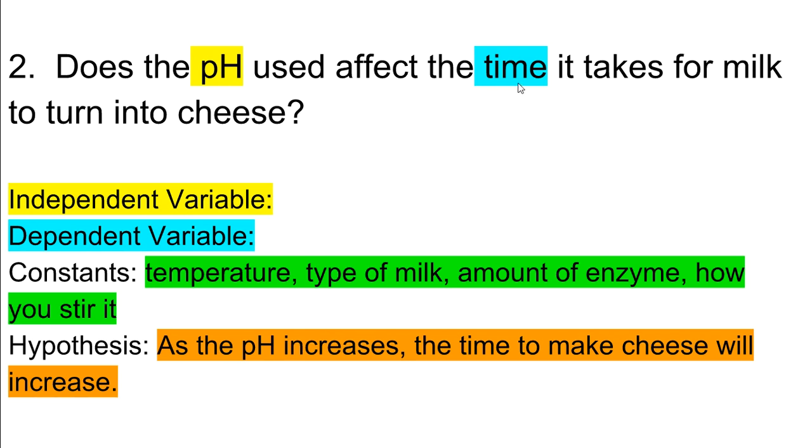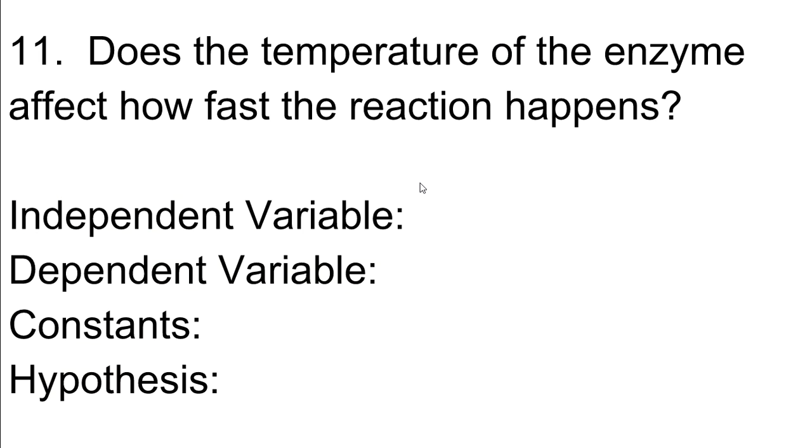I use time here, but as far as your assessment goes and your summative and all that kind of stuff, we're always talking about rate of reaction, which gets into this. And rate is just how fast something goes, how fast something changes over time. So, does the temperature of the enzyme affect how fast the reaction happens? In this experiment or this question, we need to first isolate all of these things before we come up with